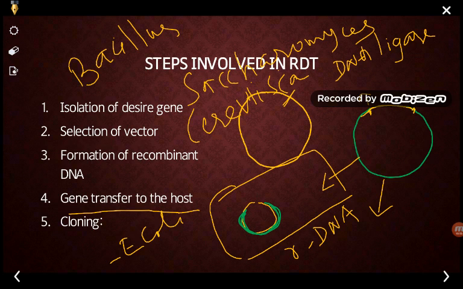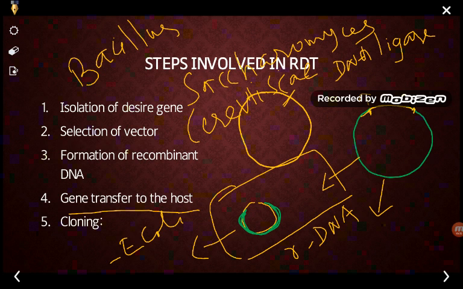Normally these are used as a host in order to clone the particular recombinant DNA. ये जो host होना चाहिए, E. coli हो सकता है, Bacillus हो सकता है, Saccharomyces हो सकता है. This should be harmless, पैथोजेनिक नहीं होना चाहिए, and easy to cultivate, हम इजीली उसे कल्टिवेट कर सकते हैं. Such a bacterial cell with such a recombinant DNA is called the